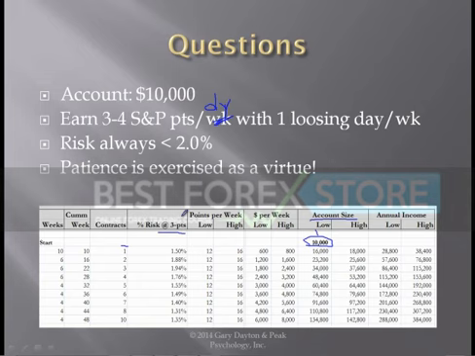But an S&P point is worth $50 US. So if we risk 3 points on average per trade, and we're trading one contract, that's $150 risk per trade that we're making against our $10,000 account. So if we lose on that trade, we lost $150. That's not so big a deal, right?